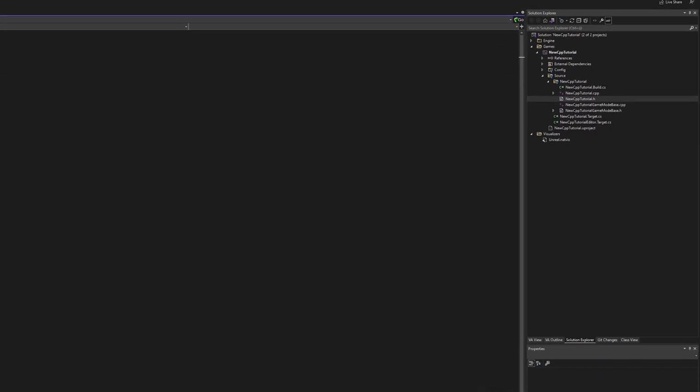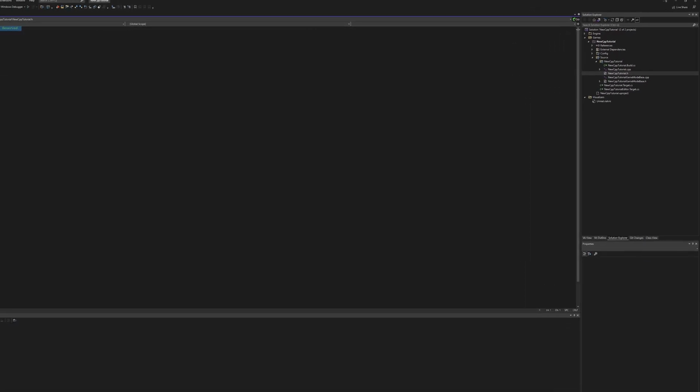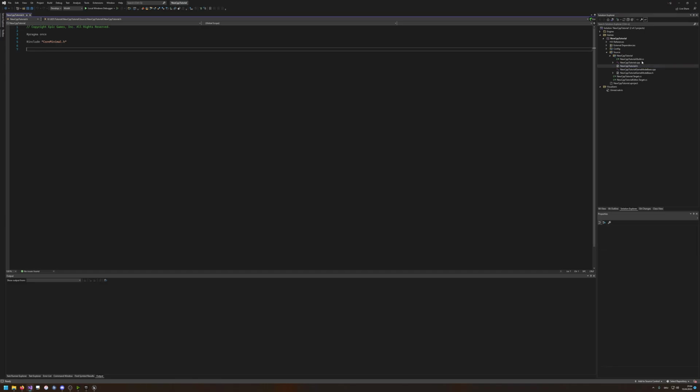Even though this is kind of like implementing a class, it's doing this under the hood. If you take a look at the implementation, you can see that there is this implement primary game module, FDefaultGameModuleImpl, new CPP tutorial, and stuff like that. This is basically just a function that registers our code to the Unreal Engine. So this is kind of required by the Unreal Engine, so that it knows that we are basically programming